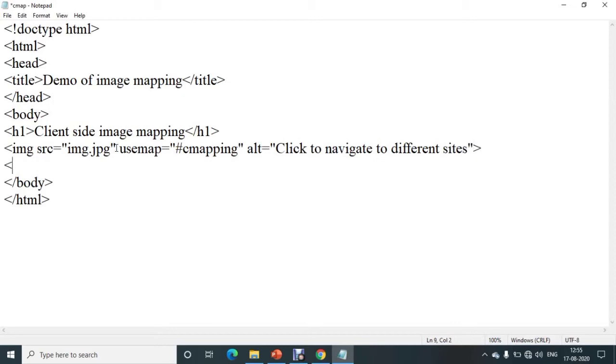Then after that, now we have to use a tag, that is the map tag. Within the map tag specify name is equal to, here within the usemap attribute the value used is C mapping. That's why here you have to specify the map name as C mapping. After that, within the map tag start and end you have to specify different areas. So for specifying different areas, the tag used is the area tag. Within the area tag, the first attribute used is the href attribute. So href is equal to,